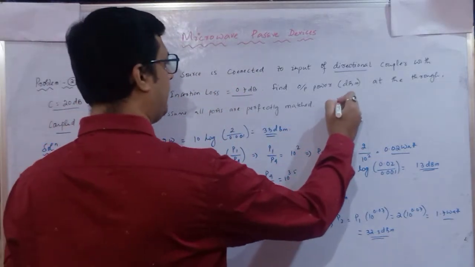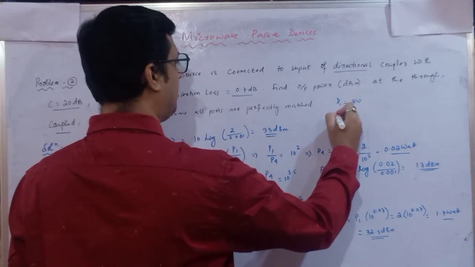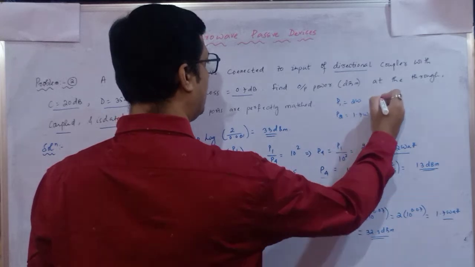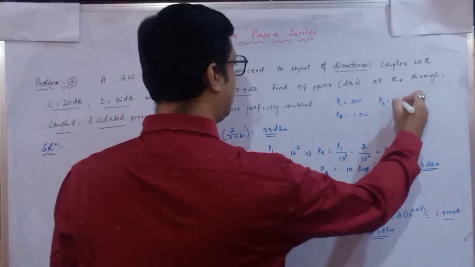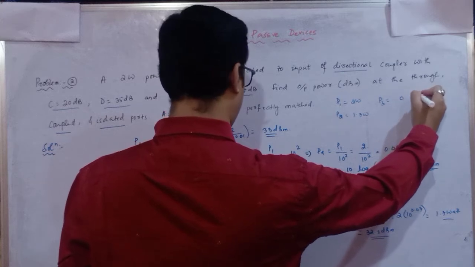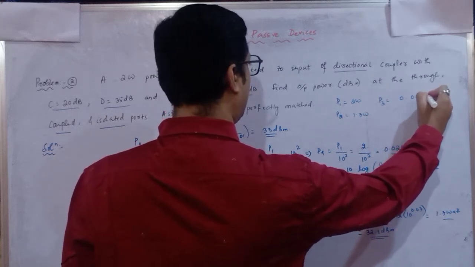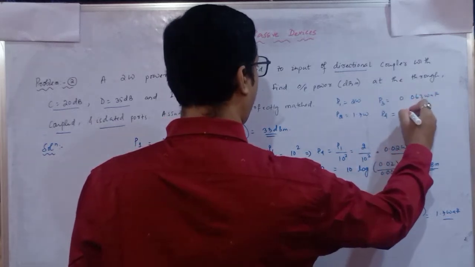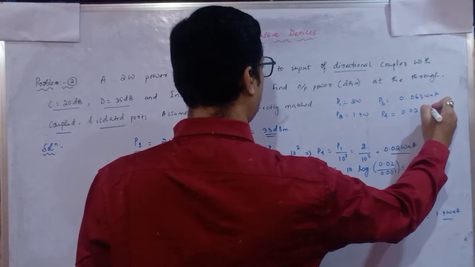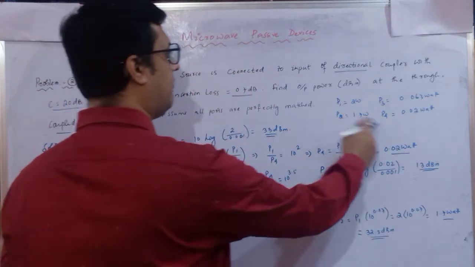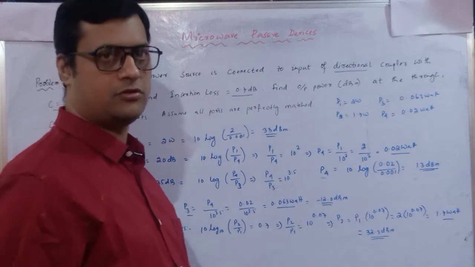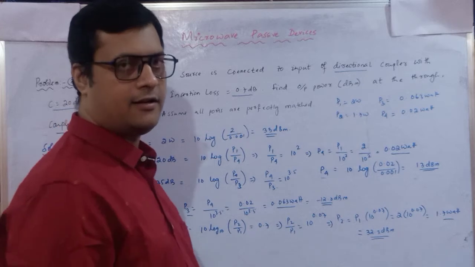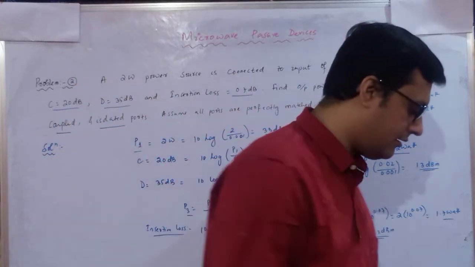So all the power we have identified. The power at port 1 is 2 watt. Power at port 2 is 1.7 watt. Power at port 3 is very negligible, 0.063 watt. And power available at port 4 is 0.02 watt. Now if you combine all these, you will get around 2, so it acts as a power divider also. So this is one sort of an analytical question. One more question we will take.